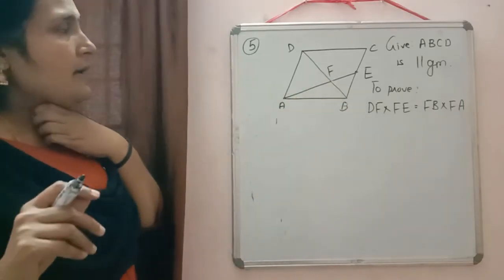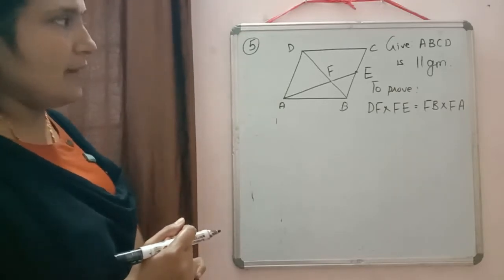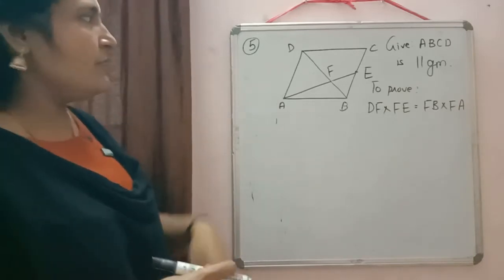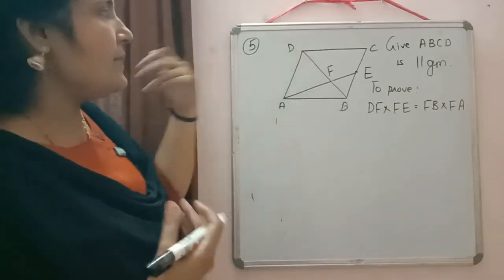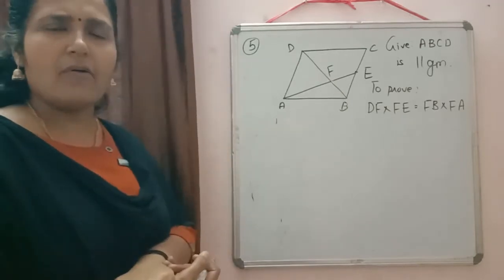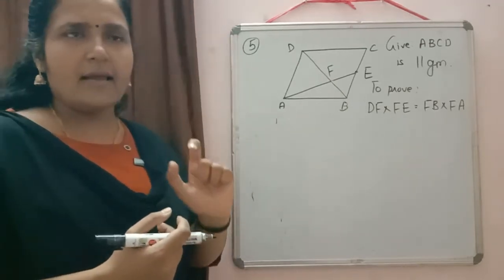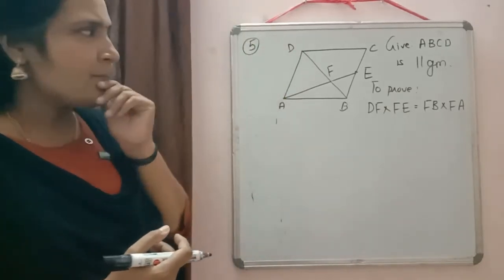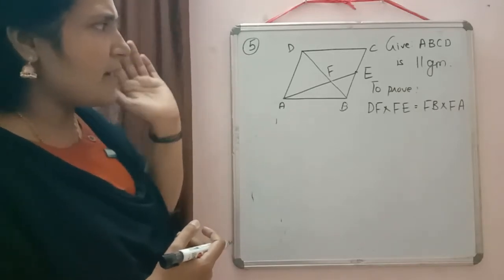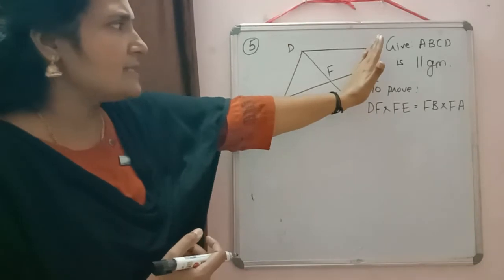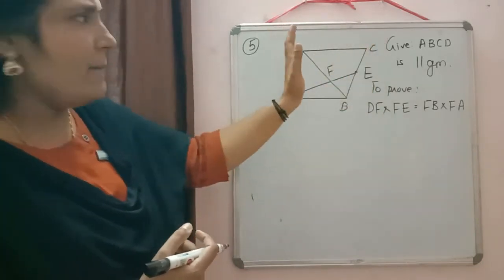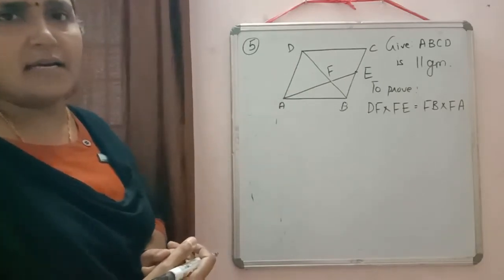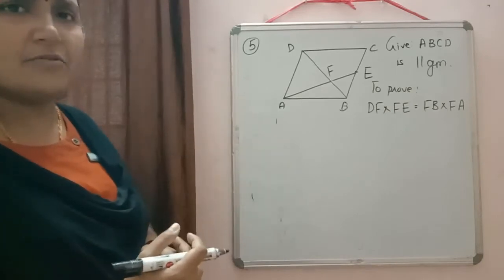Now here it is a parallelogram. But to use the basic proportionality theorem, first we need a triangle. Triangle ABD is a triangle there. But again, we need a triangle and a side which is parallel to one side of the triangle. Here we don't have anything parallel. Obviously AD is parallel to BC in a parallelogram, but it is not in a triangle. So somewhere we have to construct something, then only some parallel sides will come.